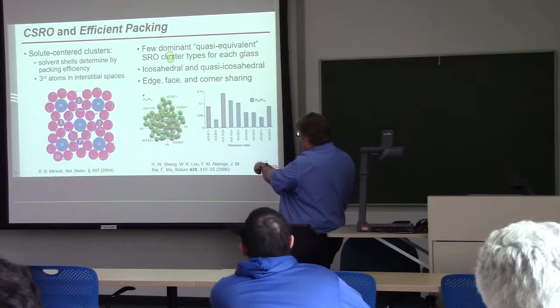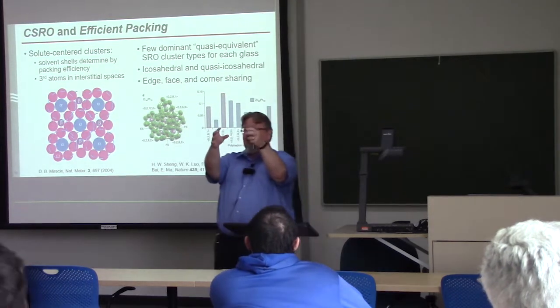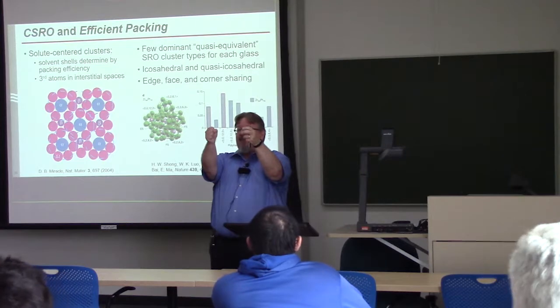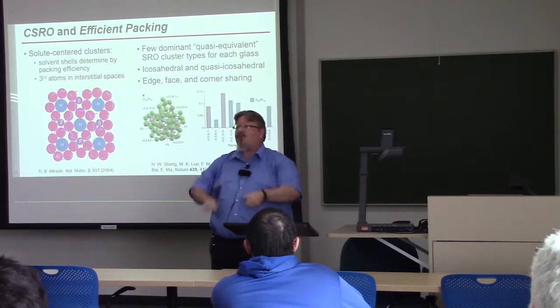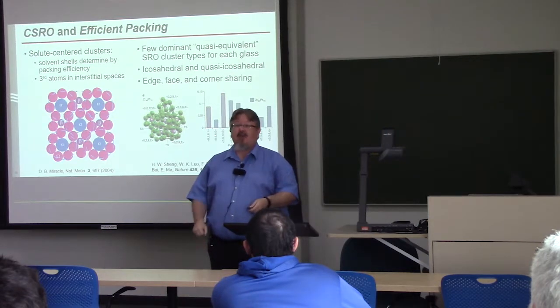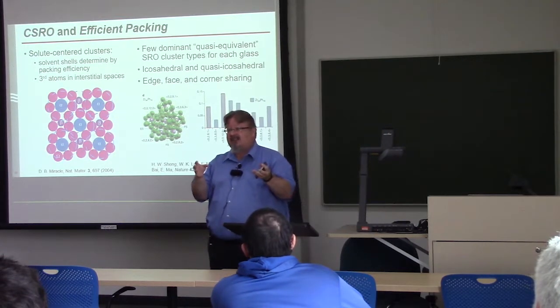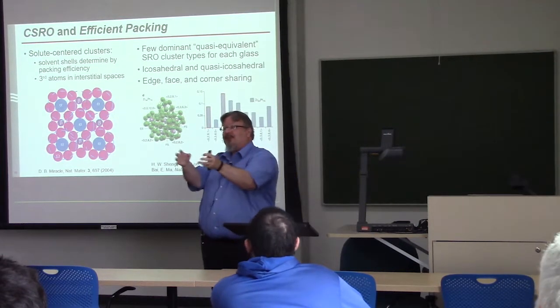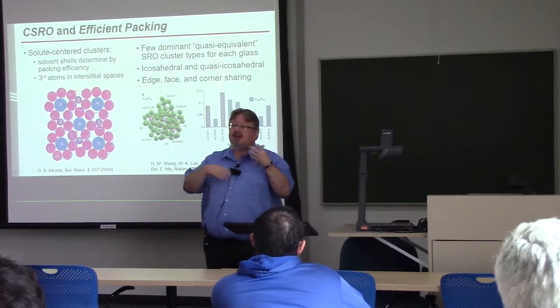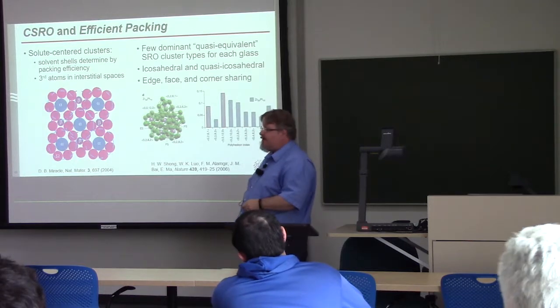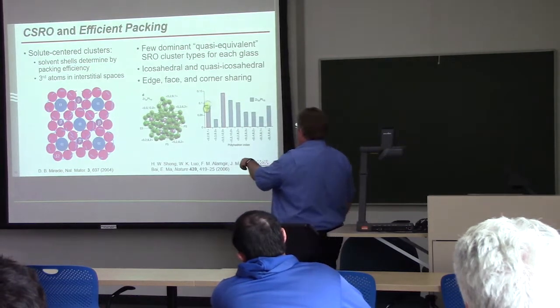The next most prominent cluster is 0, 2, 8, 1, which they argue is an icosahedron in which one of the atoms has been moved a little bit too far away to have the perfect geometry, but therefore is quasi-icosahedral and ought to be lumped together with the icosahedron. So this is a way to account for a level of disorder in the atomic models.